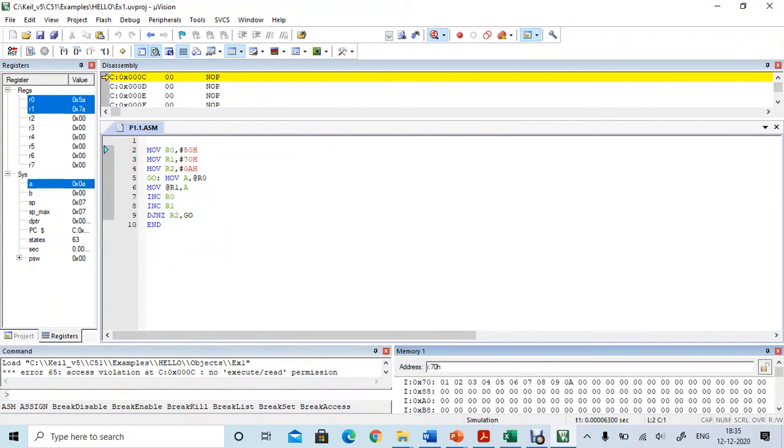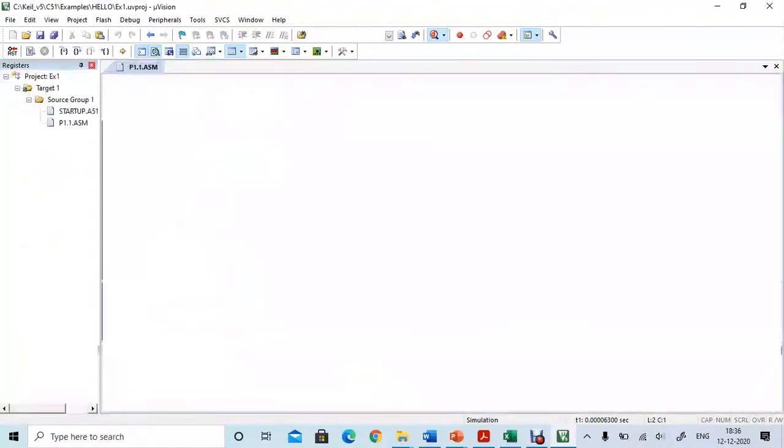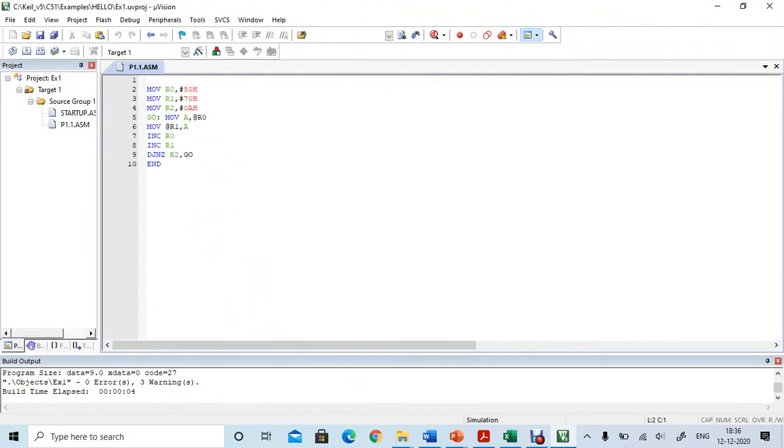We can see the output has been copied from 50 to 59H to 70 to 79H. Then I have to stop the debug session. Next I can again start the debug session and give new input and check the output. This is the execution of the first program.